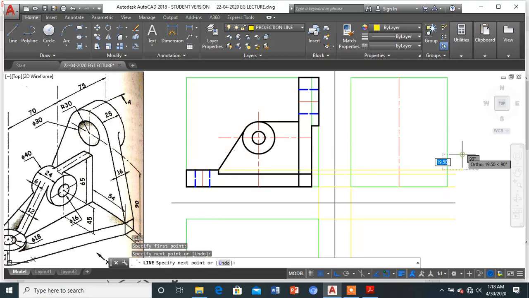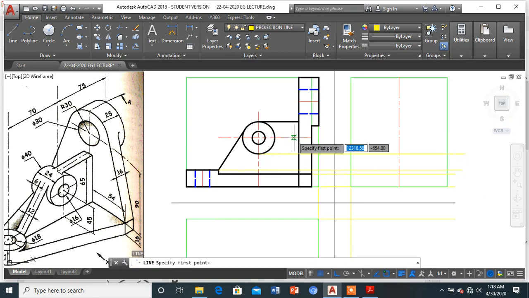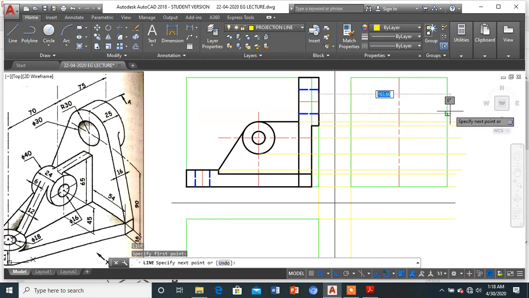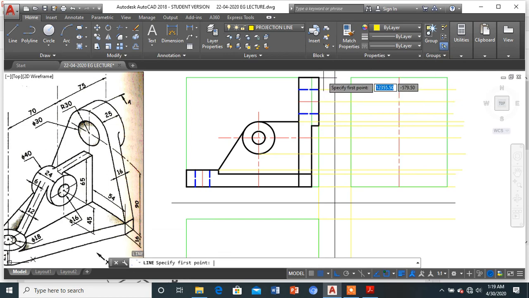Okay, so once I get all these projections, it becomes easier for me to construct the side view now.